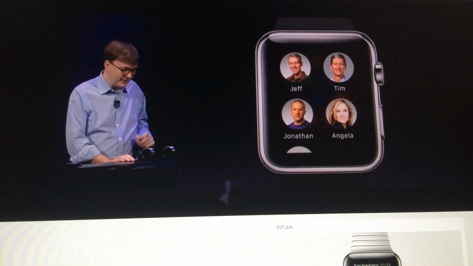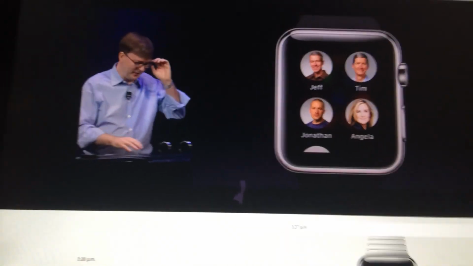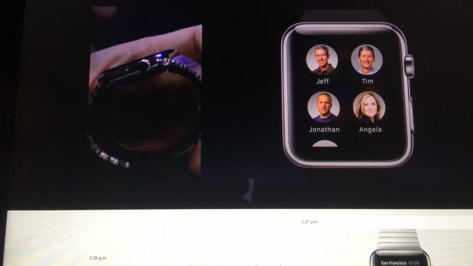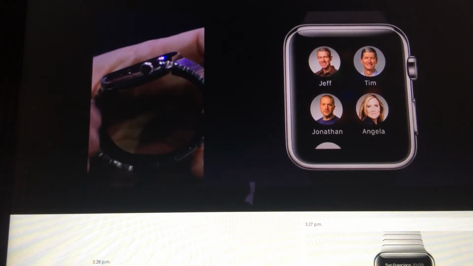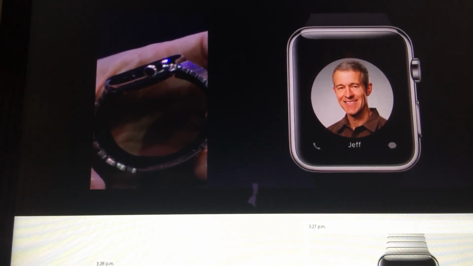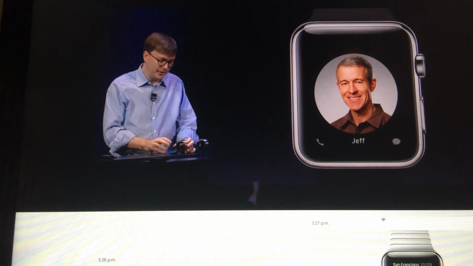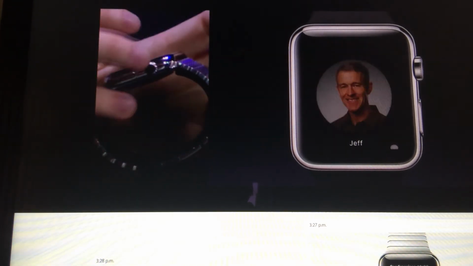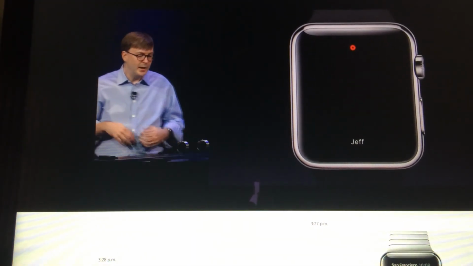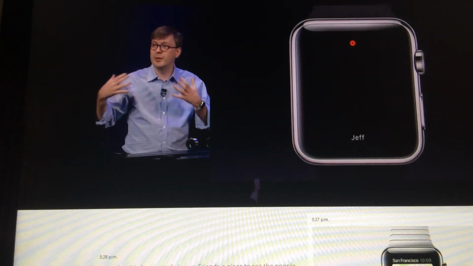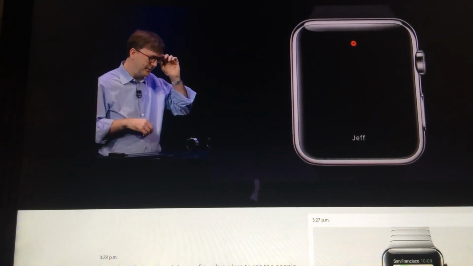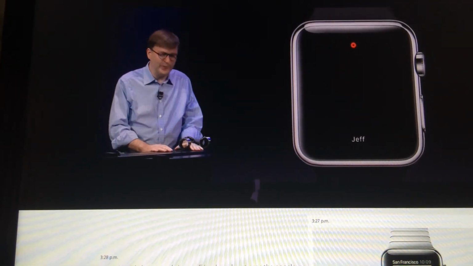And there are my friends. Of course, you can choose who you'd like to have here in your friend list. And I can communicate with someone just by tapping. So I'll tap here on my friend Jeff, and I can either phone him or I can send him a message. Or if I tap right in the center, I can create this new form of digital touch communication with Jeff. And here I can draw and tap, have a much richer live communication with Jeff. He and I go out to lunch a lot, so we've now established this little